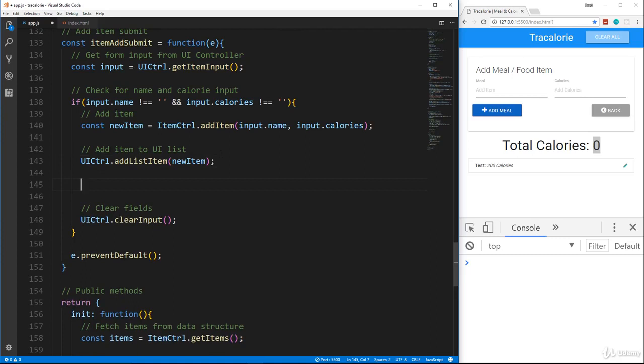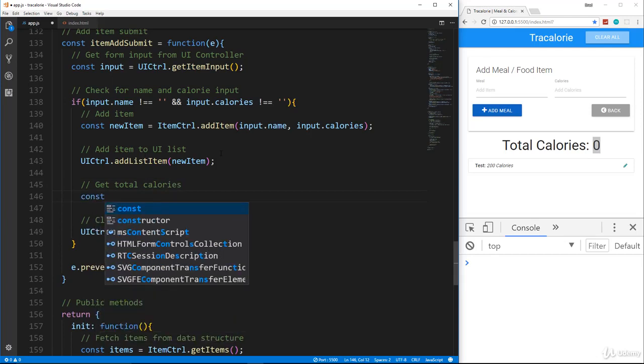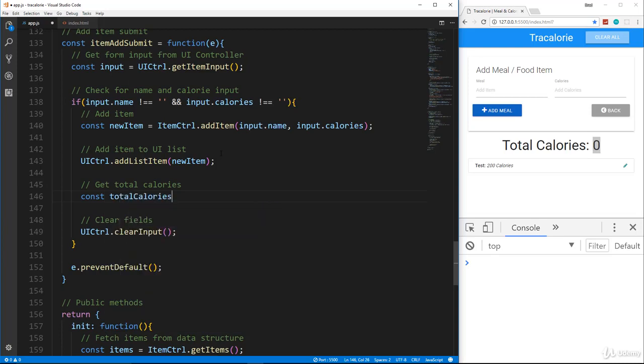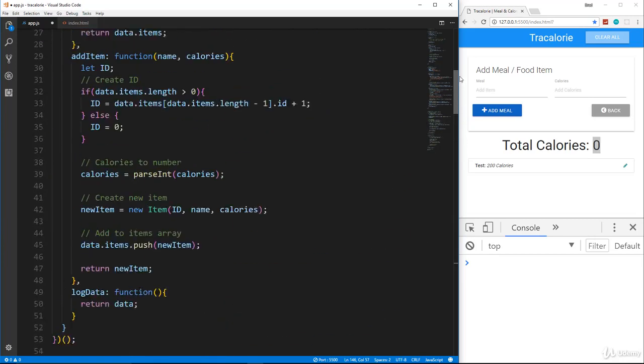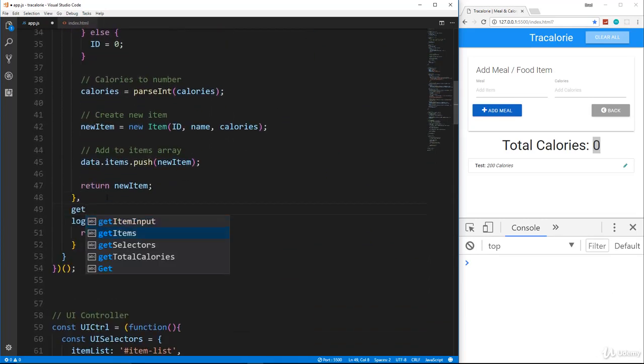Alright, so we'll go right here, and we're first going to have to get the total calories. Okay, and we're going to do that through the item controller. So let's say const total calories, and we're going to set that equal to the item controller dot get total calories, which we haven't created yet. So let's go up to the item controller, and let's see, we'll go right here, we'll say get total calories function,